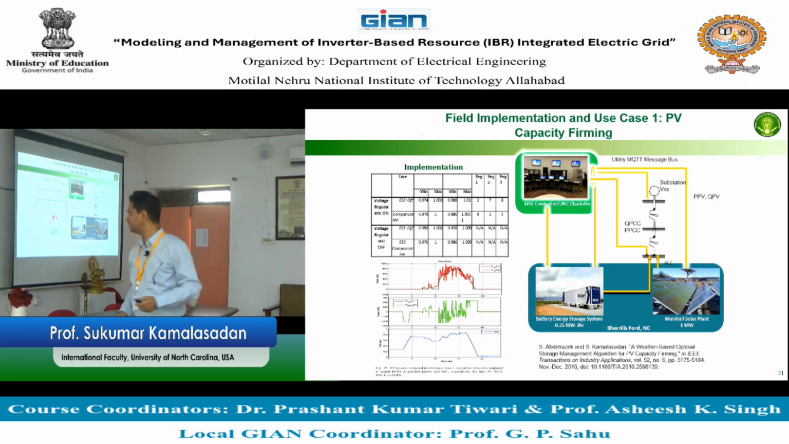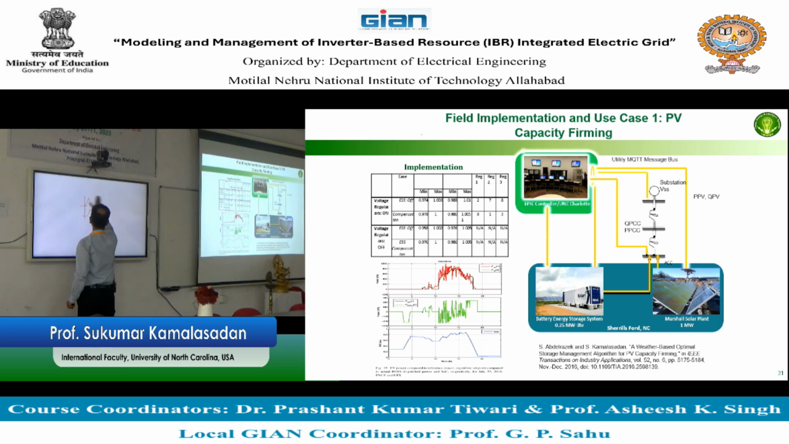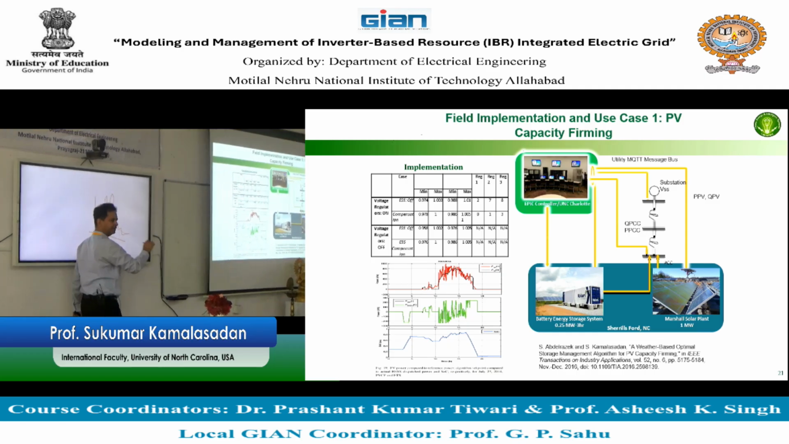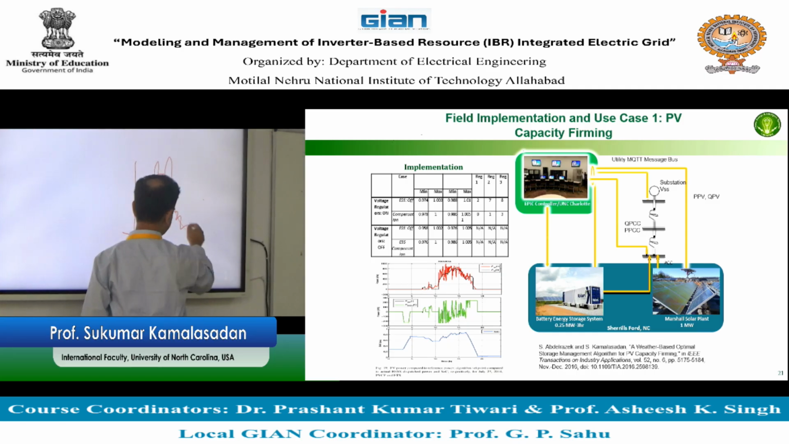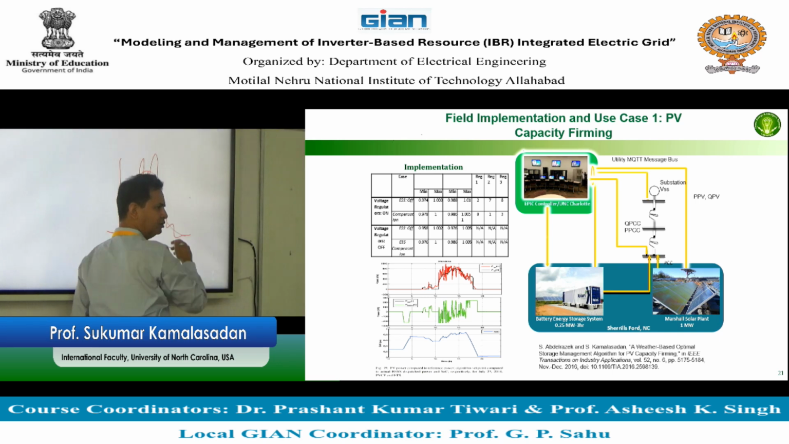So the goal is basically to make the power output from the photovoltaic, let's assume this is the photovoltaic, smoother. We are not making a flat line, right? If you do this, the goal is that you can, this is called smoothing, or this can also be